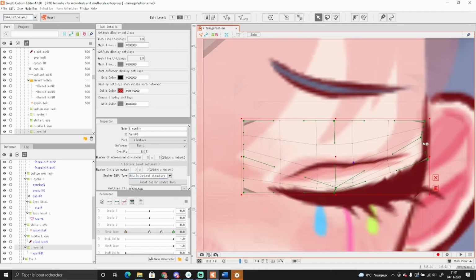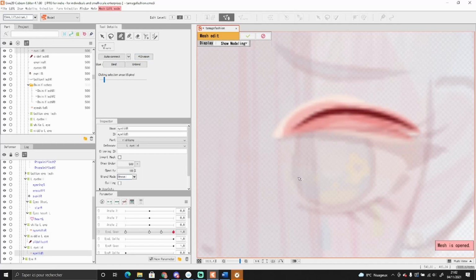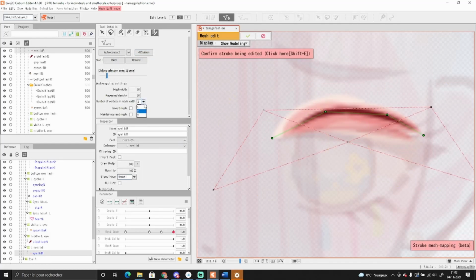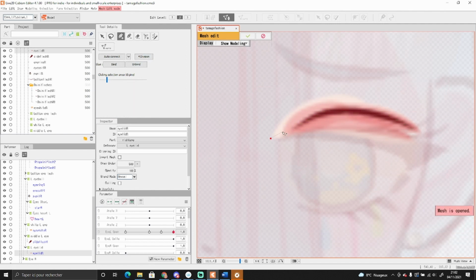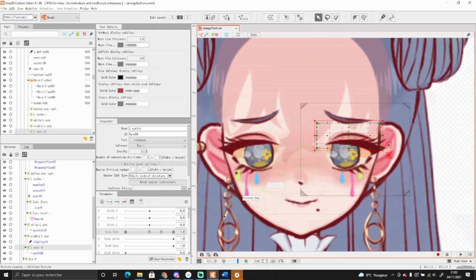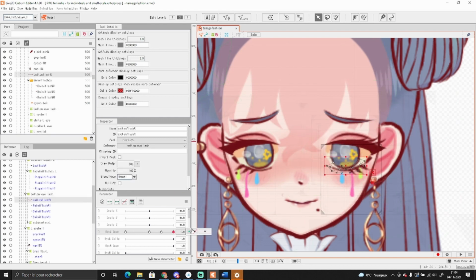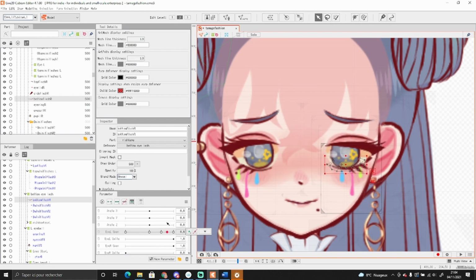Then I'm moving all the things, like I'm doing the eye close right now. As you can see, for the eye close, for example, we only have the parameter go from 0 to 1. 1 is when the eye is open, and 0 when the eye is closed. So right now I'm doing two keyforms for the parameter for each thing that I